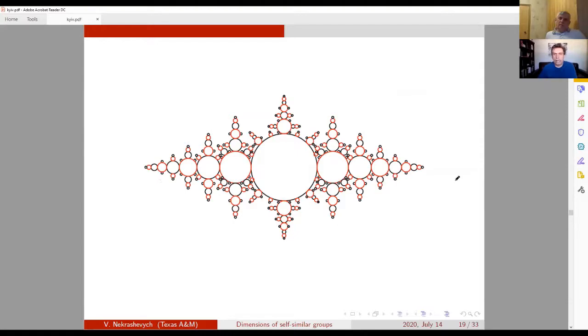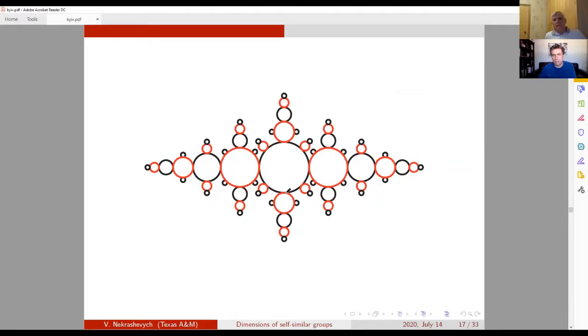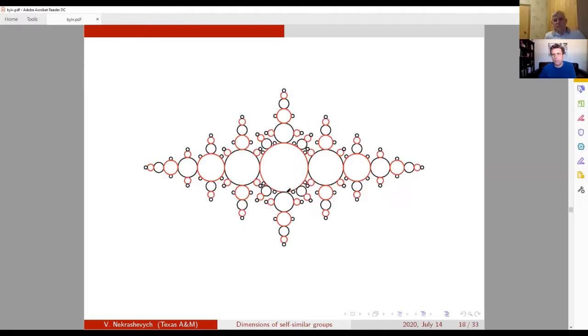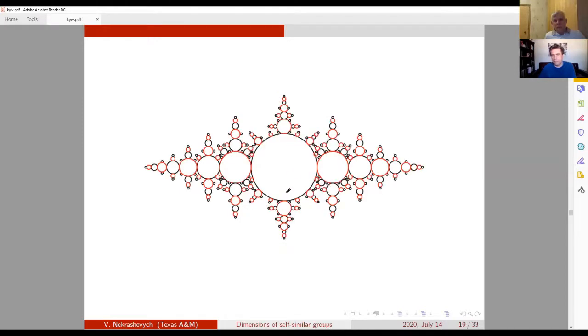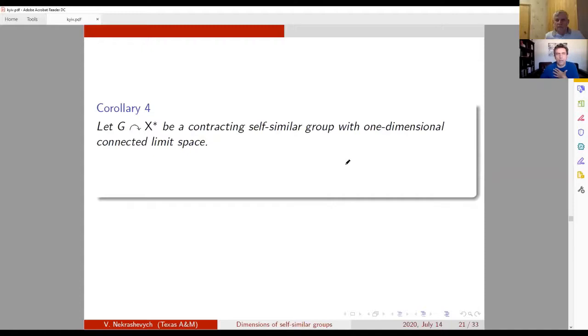So the space of infinite orbits will be the inverse limit of these topological spaces. And you see that these spaces are graphs, but they're one-dimensional. So the limit will have topological dimension 1, and it will be the Julia set of z squared minus 4. So the space itself is very complicated, but it's a limit of graphs, so its topological dimension is 1. So as a corollary, we get that if you have a contracting self-similar group with one-dimensional connected limit space,